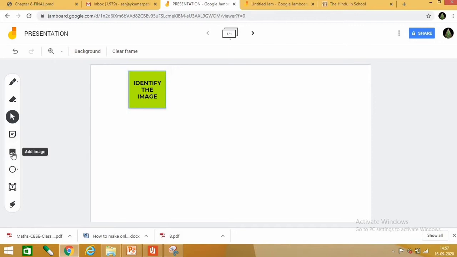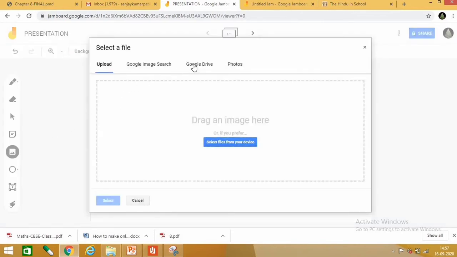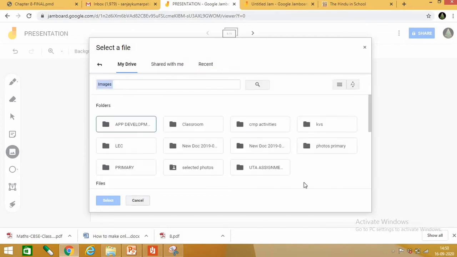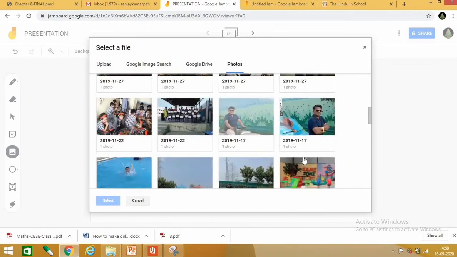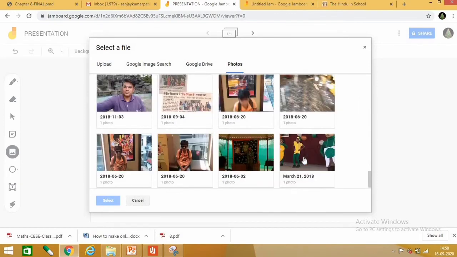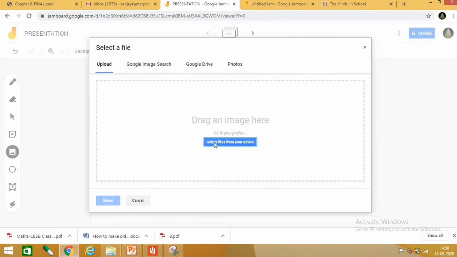Next comes the add image. So if you click on add image, you can take any image from Google. Suppose you want a circle, you can get a circle from the Google search. If your pictures are on your Google Drive, you can take them from there. If any photos are saved, from there you can take any type of photos you want. Then upload, select a file, then you have to upload the picture.